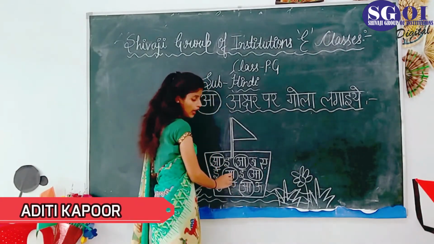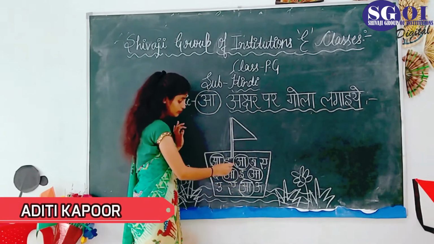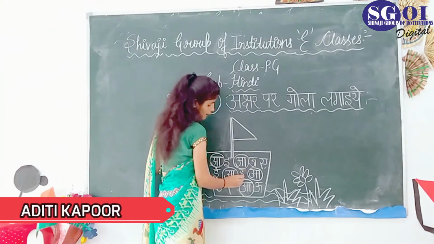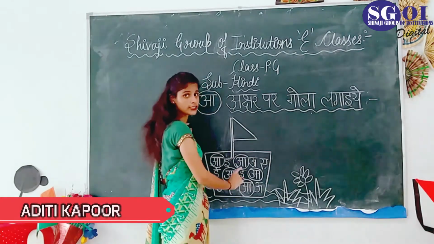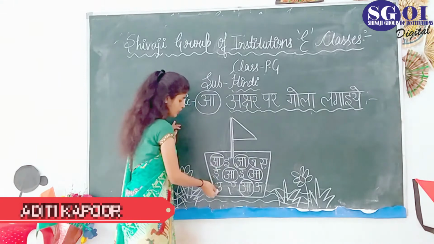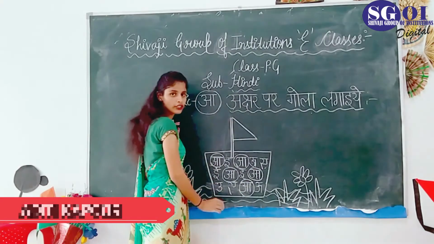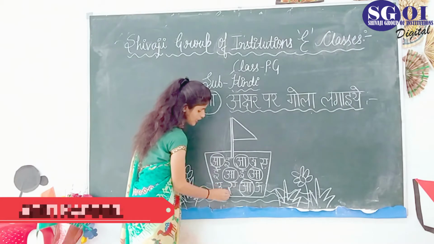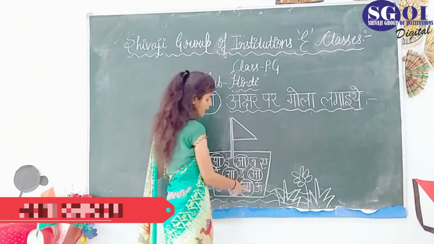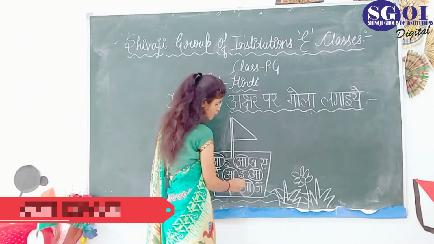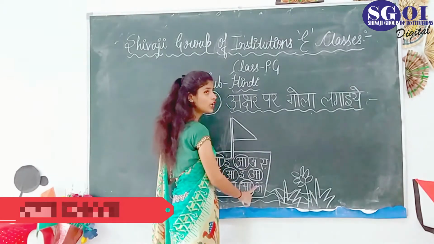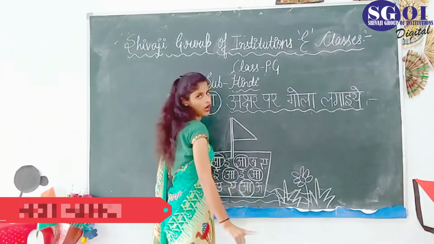This is बड़ा आ. We have to circle it. Okay. This is छोटी से इमली. No need to circle it because this is इमली. This is बड़ा आ. So we have to circle it. Okay. This is छोटे ऊ से उल्लू. No need to circle it. This is छोटी ए से एड़ी. No need to circle it because this is एड़ी and this is उल्लू. Okay. This is बड़ा आ. So we have to circle it like this. And this is बड़े ऊ से ऊन. So no need to mark circle.